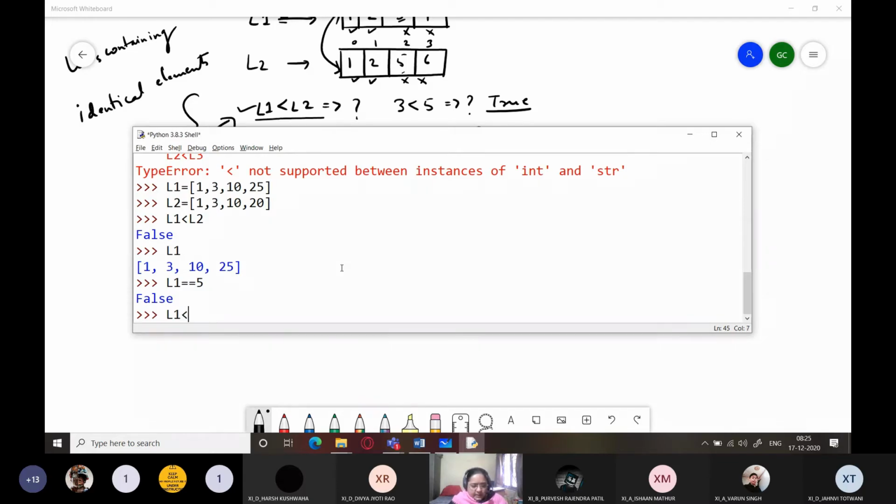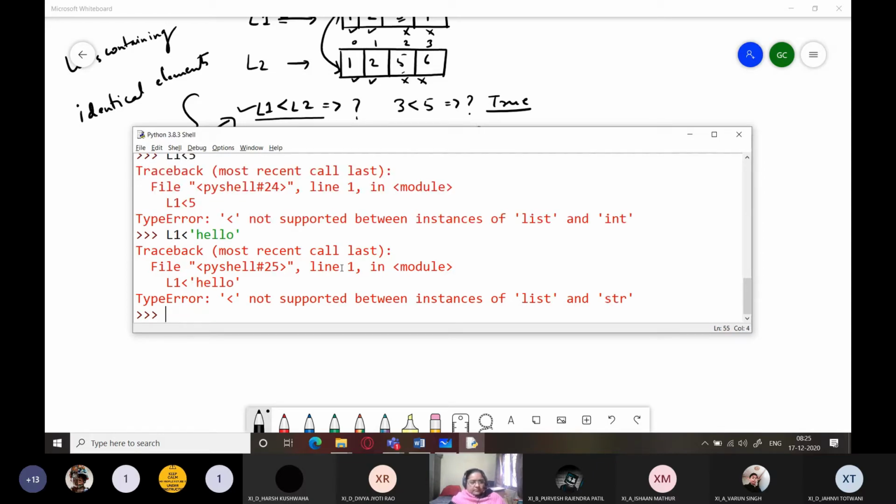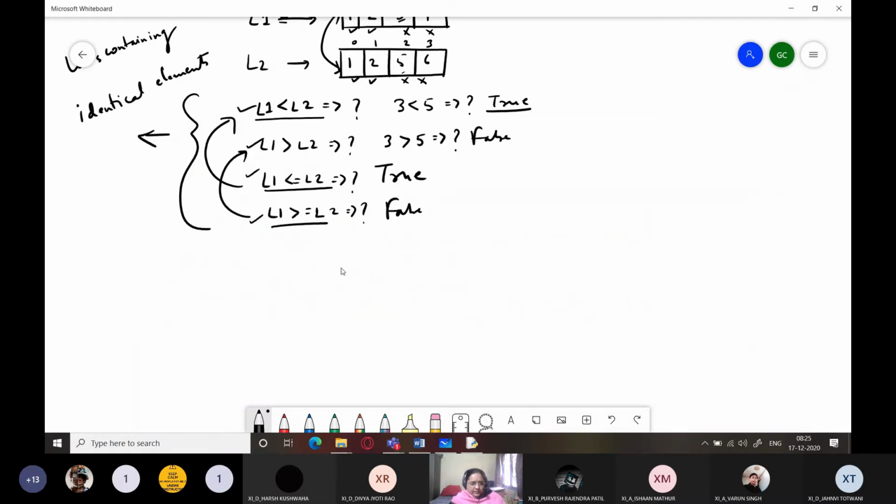If I write L1 less than 5, it will give me a type error. Why? Because L1 is a list and 5 is an integer. Understood? Same way, if I try to compare it with any string, it is also not supported. Got it?